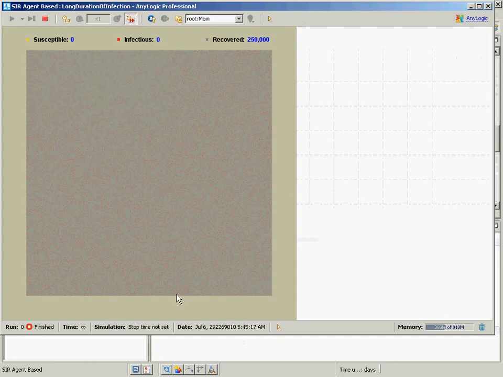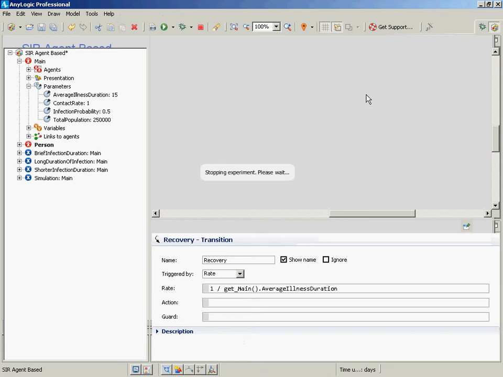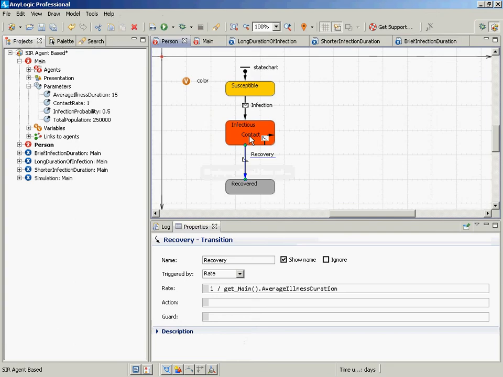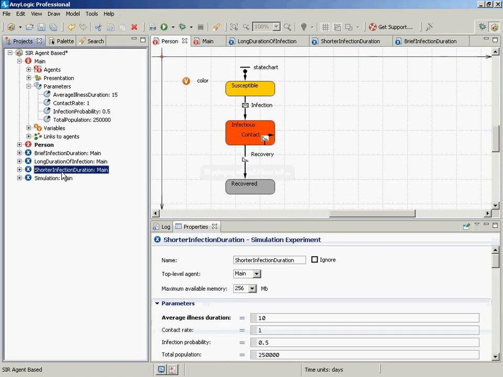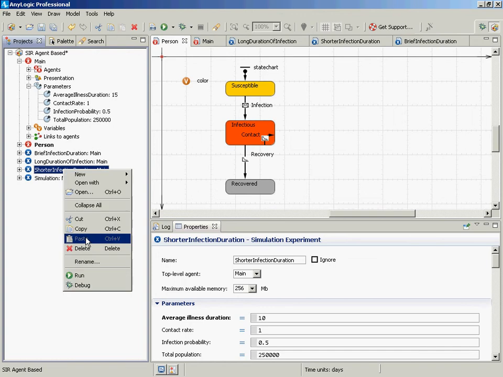Okay, now let's go look at the shorter duration infection, shorter infection duration. What would you expect for that? If the infection duration is shorter, how would that be different? Anyone? Red border is going to be smaller. Let me press that again. So here we go, and this guy here is going to go, and this guy also seems a little bit